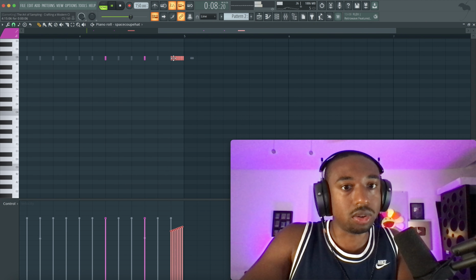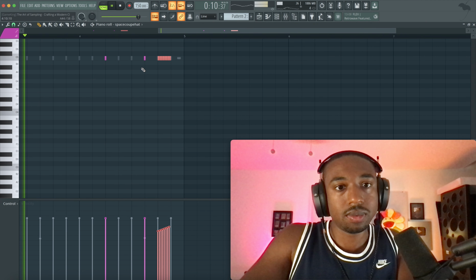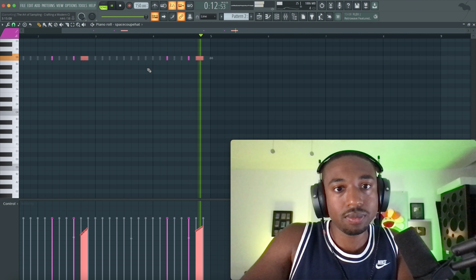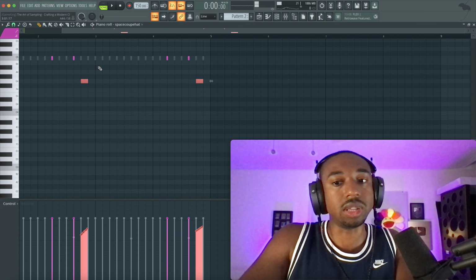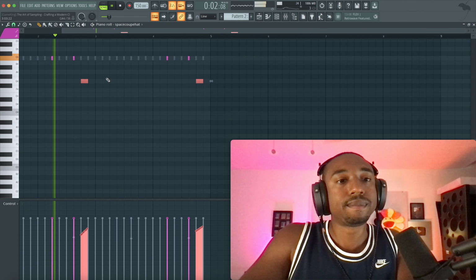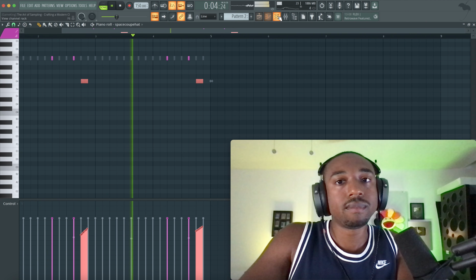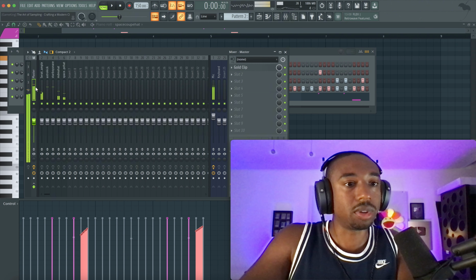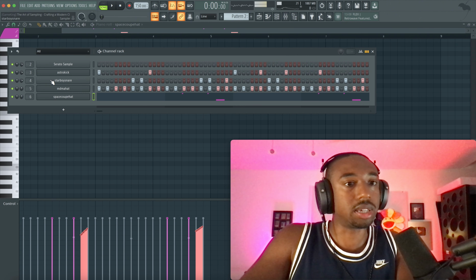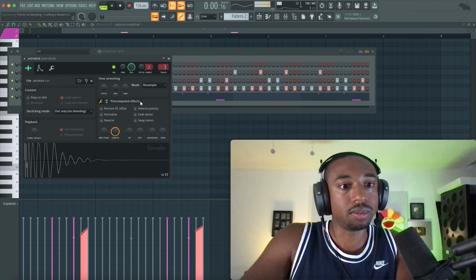I'm actually going to move these over. Let's also pitch these down, hit Shift-Down. Now with the Gold Clip on the master, we can really push our drums to get a texture. So let's start cranking the volume here.